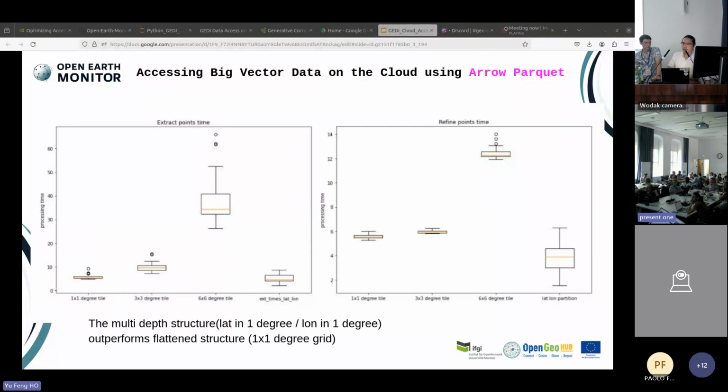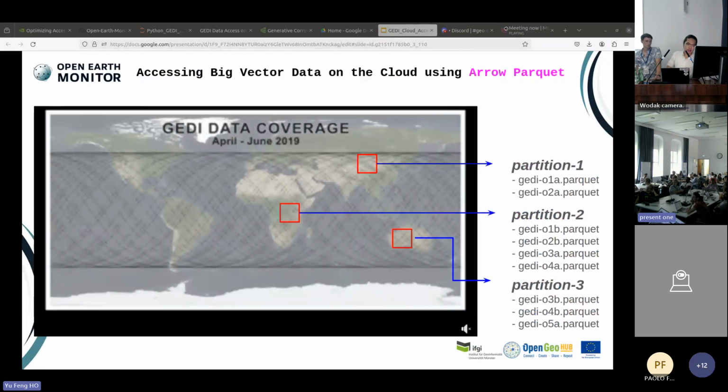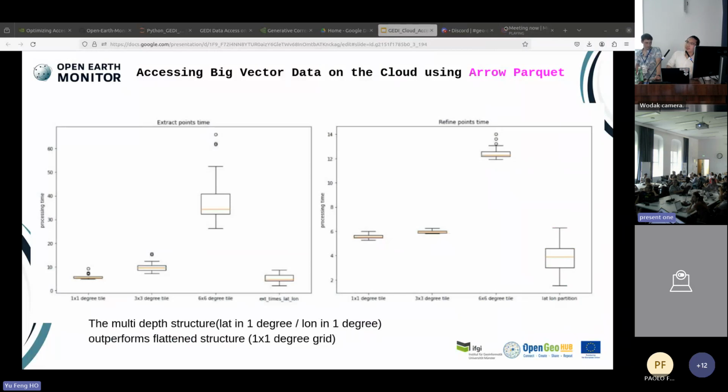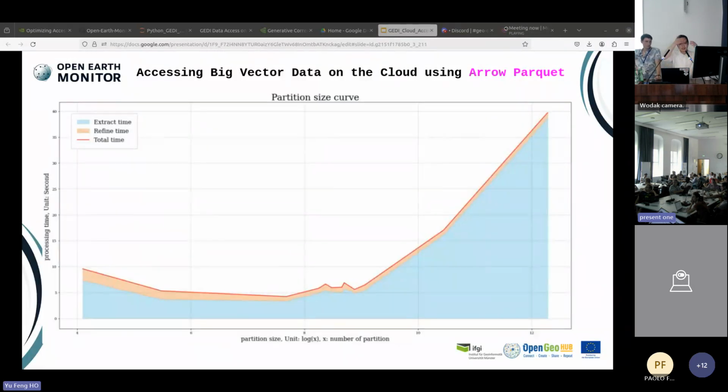This is one of the experiments we did before we tried to process the whole partition into our reconstructed data set. And then we also did a test to try to find the optimal partition size, because if you read the metadata, it has the information of the whole data set. But if you have so many partitions and so many individual files, reading the whole metadata can be very time consuming. And if it takes too long, it is not very usable for